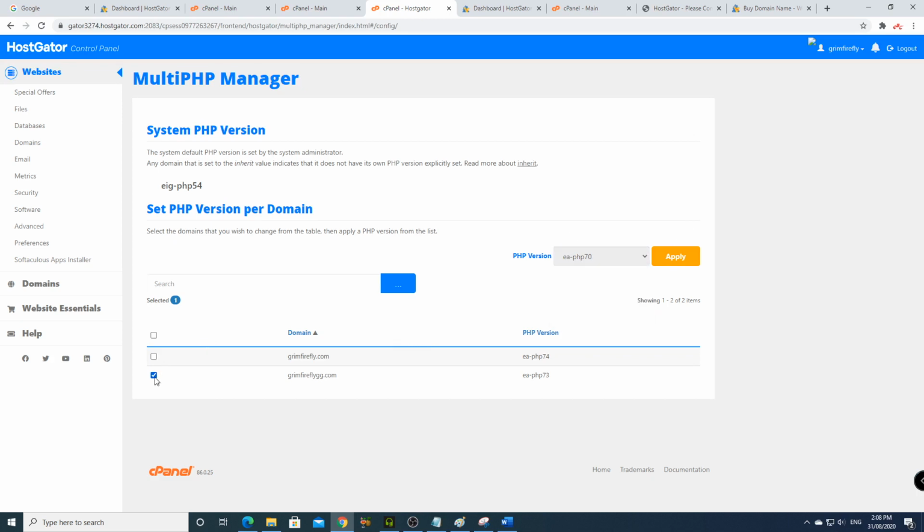And if we unselect that one and we select this one at the top here, we can see that the same version's right up here. But what I want to do, since we're doing a new domain, is make sure that this one is up to the latest state. Now you can always go and have a look at system PHP and see what the latest version is. And why this MultiPHP Manager is so important is that a lot of the